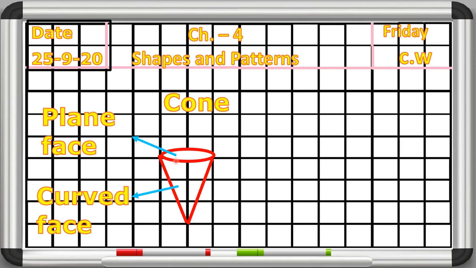Now the next one is the H. Okay, so here plain face and curved face meet together and it makes an H. After that we have to count how many vertex it has. So here this is the vertex beta. So here we will write one corner. Okay, so in this cone shape we have two faces, one curved face and one plain face, one edge and one corner or vertex. Understood?